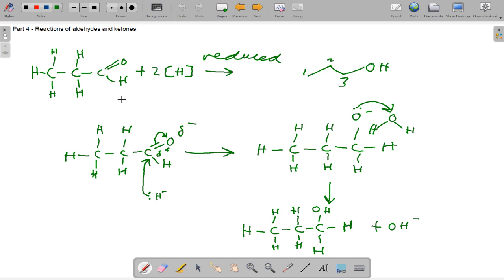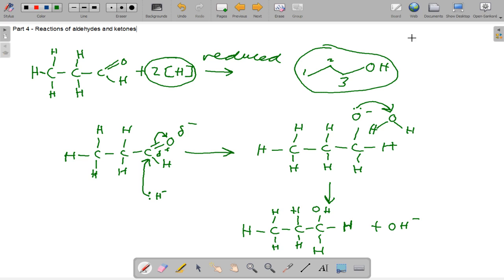So for aldehydes, if you have the aldehyde propanal, you need a reducing agent now, like hydrogen. So the H would be the reducing agent. You don't need to know what the reducing agent is for A2, but you're expected to know that it makes a primary alcohol like this. So again, my foolproof way: 1, 2, 3, count your carbons, OH bond. And for reduction of